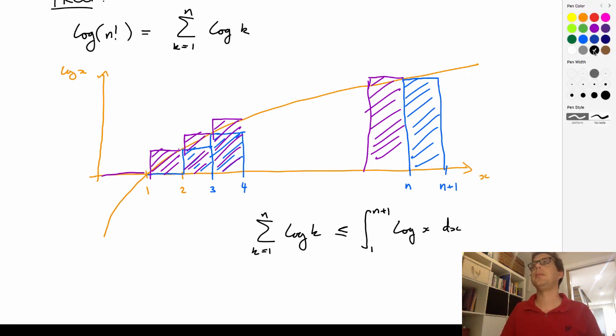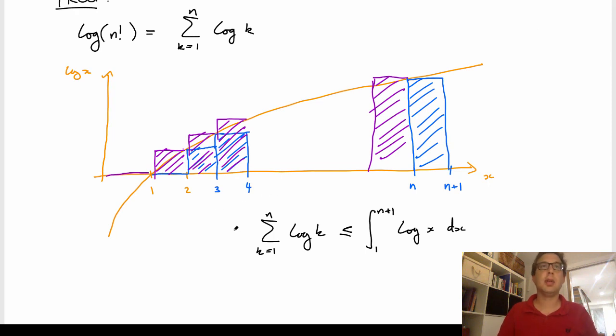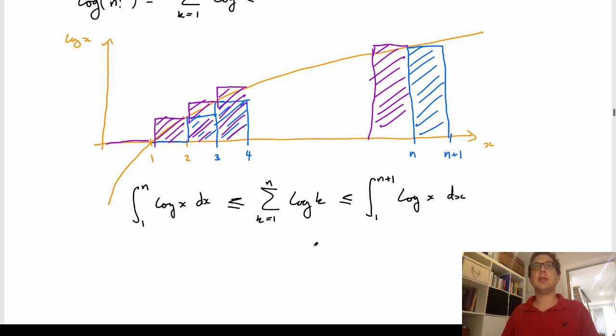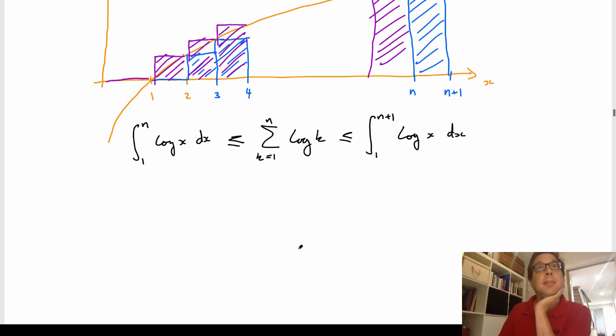So with the purple line, what we're seeing is actually that this sum is less than the integral from 1 to n of log x dx. So basically you can get a grapple on how n log n is behaving, how n factorial is behaving,